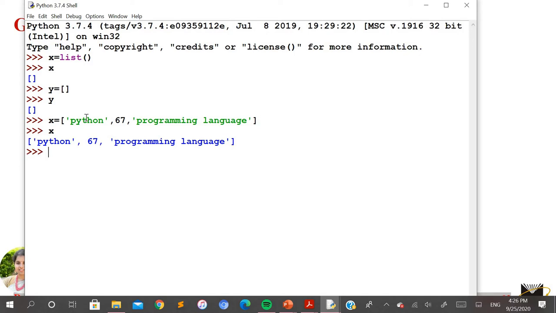It is exactly the same way as arrays in other programming languages. If you want to access any element from an array, you access it with the help of the specific index value, isn't it? In the same way here, all the elements of the list are stored with a specific index value starting from 0 to n minus 1. So in this case, Python, the first element, is stored at index value 0. The second element is stored at index value 1. And the third element is stored at index value 2.